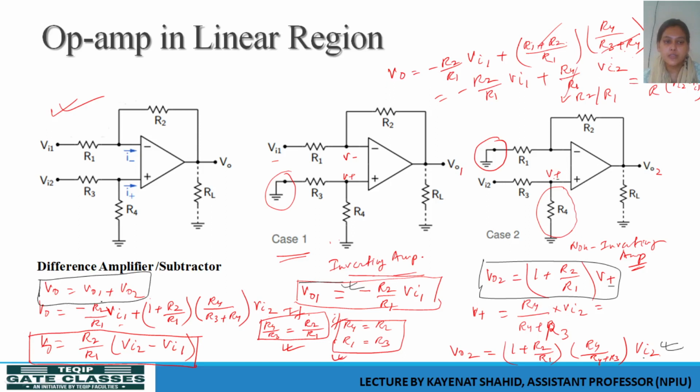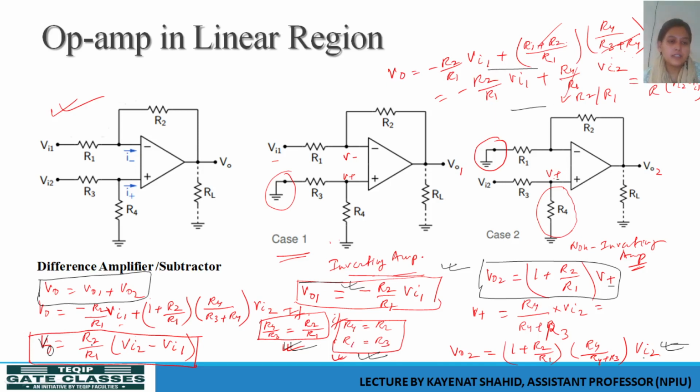Okay, so we are just putting these two values, this value and this value, and solving the equation for VO. What we are making simple is taking this condition and this condition, that the ratio of the resistances are equal, or we can say the individual resistances are equal. By using any two conditions, we can directly solve this equation in this way, and we can find out the